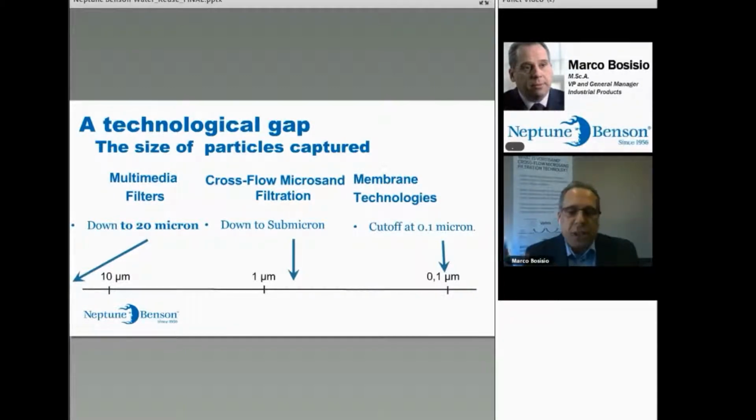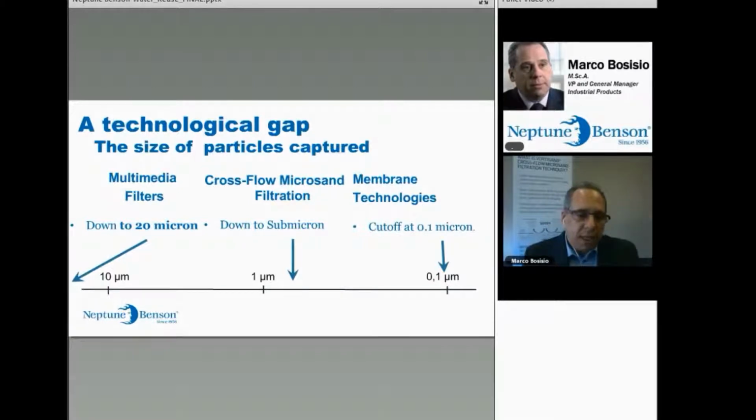And of course, the cutoff is always different depending on the type of solids we're facing, but it's quite a change from the typical multimedia or the media that are backwashable in the market. Of course, there's always the cartridge filters that can protect an equipment, but it's not seen as an equipment that treats per se. So let's take a look